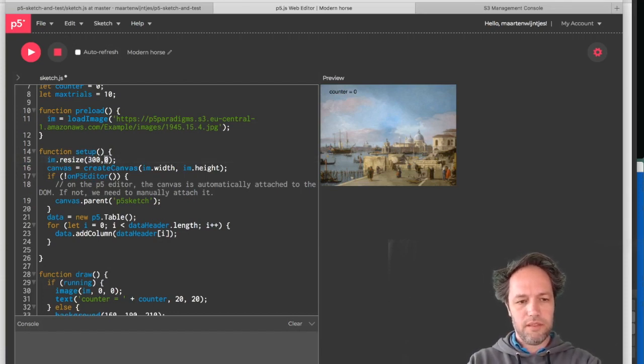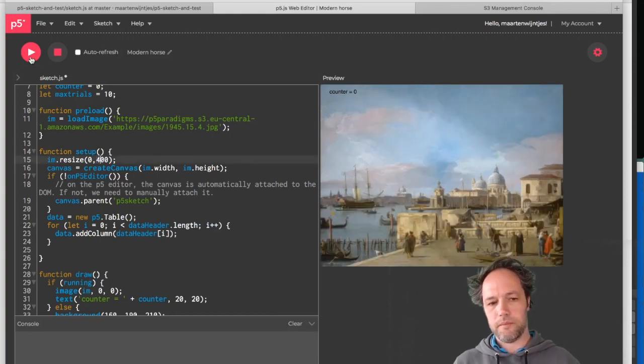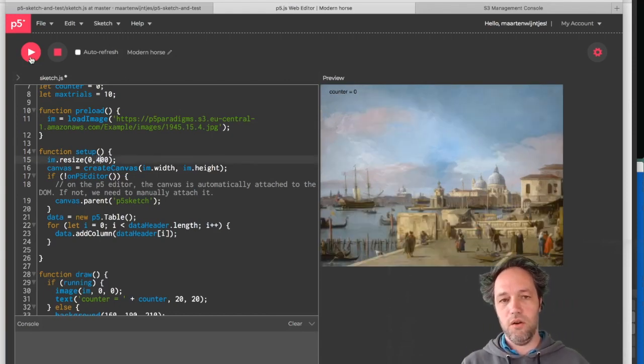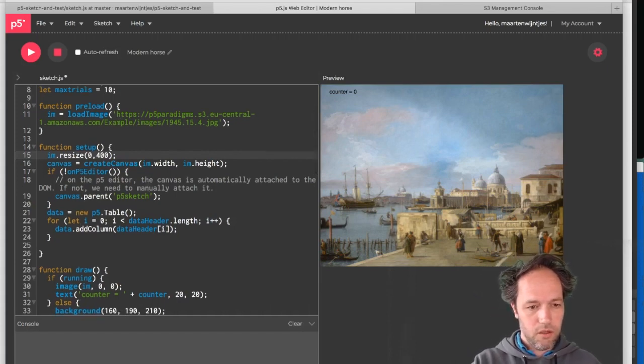Actually, I want to have the height. So let's do 400. Yeah, so this is an okay height, I think. Then this counter is 0. That's a very small font. So let's put also